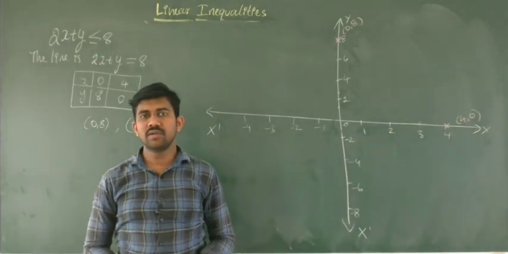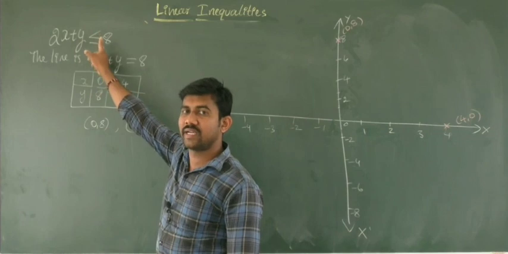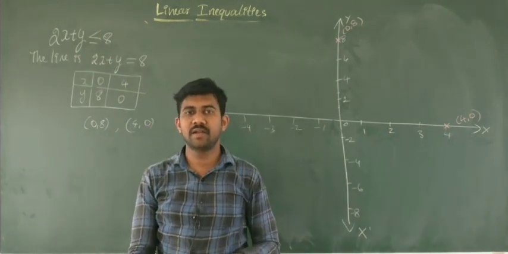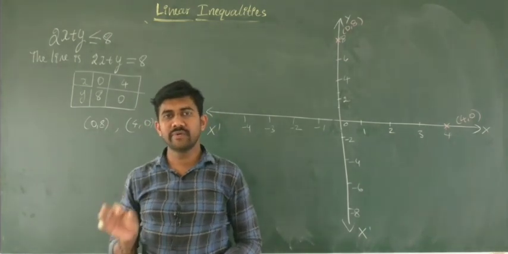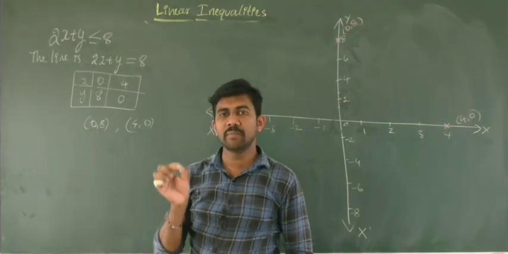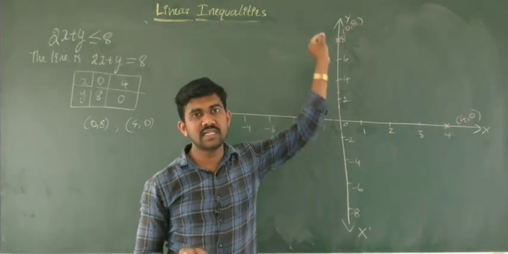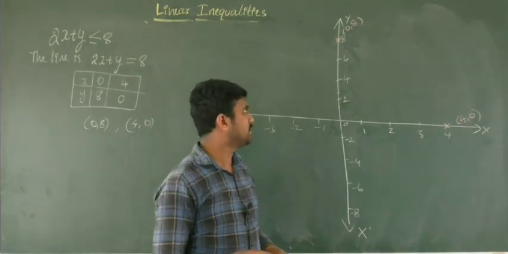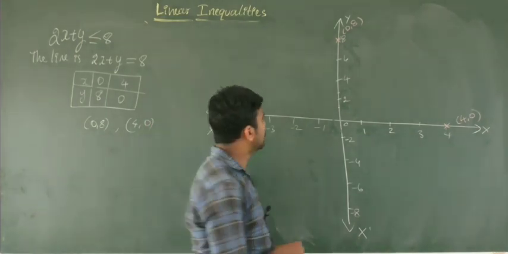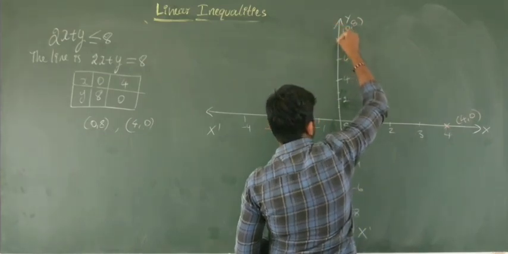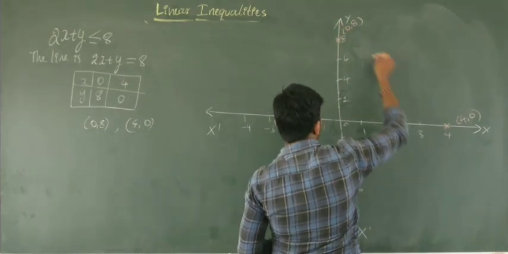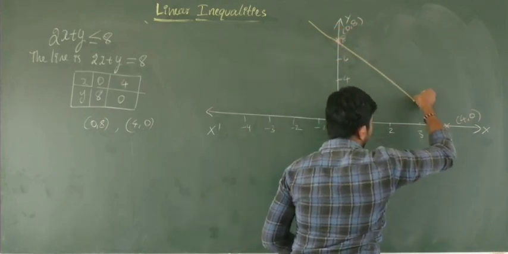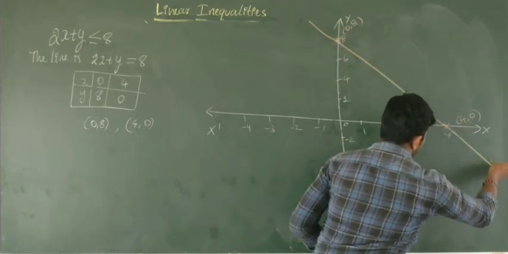Now you can observe the given inequality is a slack inequality here. So join the points by using a thick line, not a dotted line. Whenever you have a slack inequality, remember to join the points by using a thick line, a straight line drawn without break. See here, so a thick line I'll draw here from this 8 to 4, it should continue, it doesn't stop there. Okay, like this. Using a scale, draw a straight line.